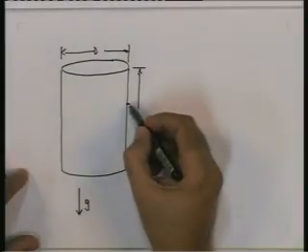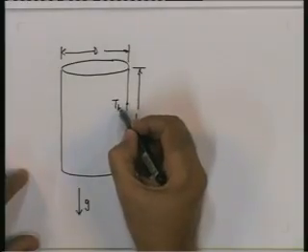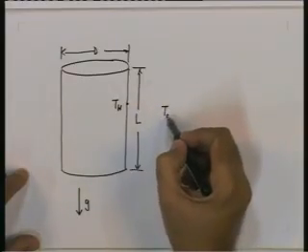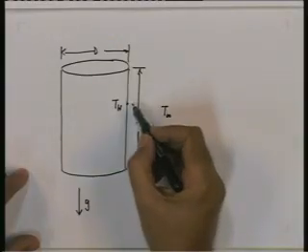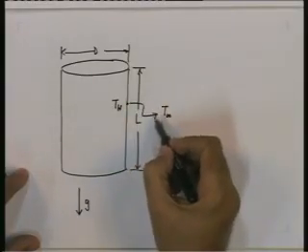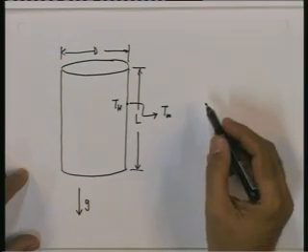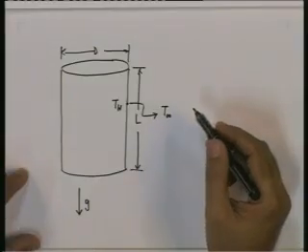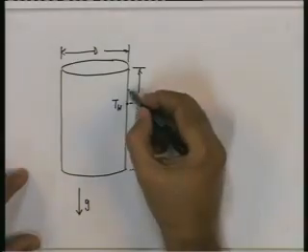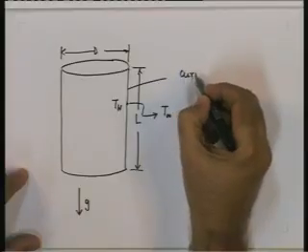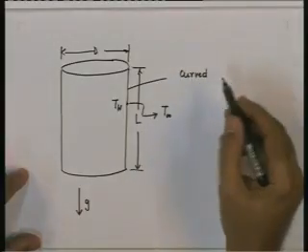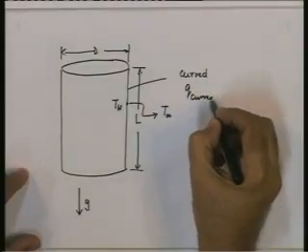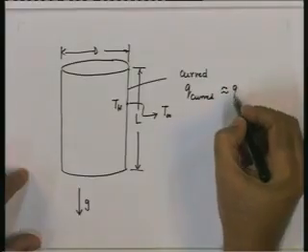Suppose the curved surface is at a temperature Tw and the bulk is at T infinity. Then this heat transfer by natural convection can be calculated by using a vertical flat plate correlation. Although this surface is curved, we can say that Q curved surface is approximated by Q